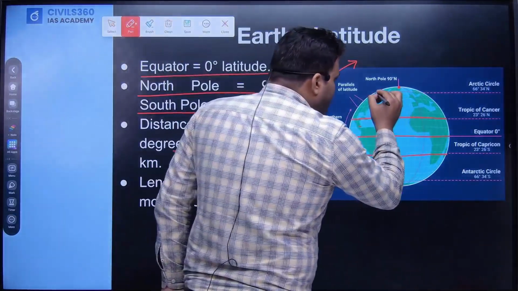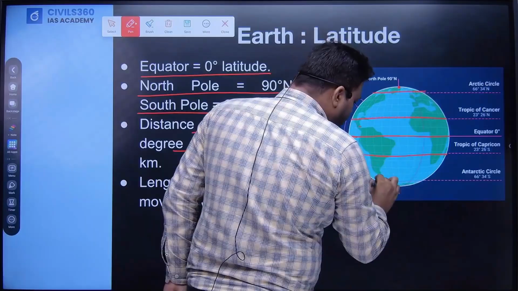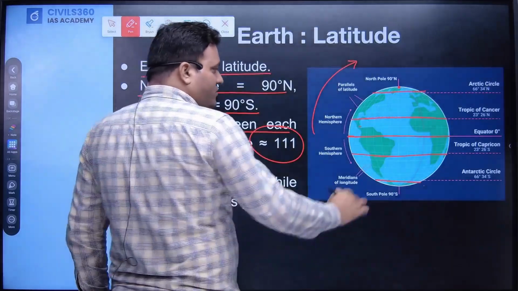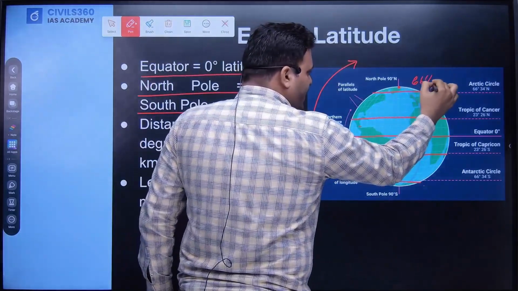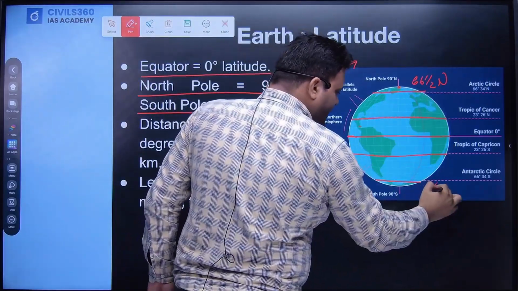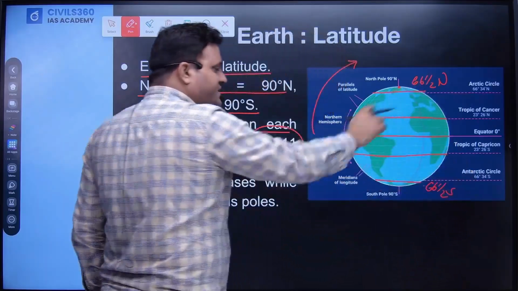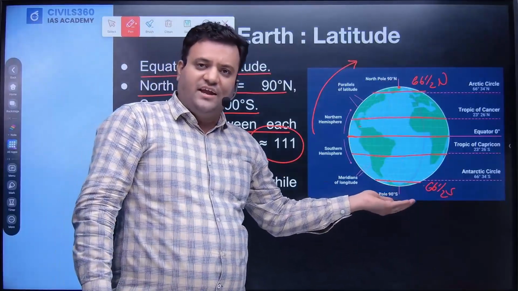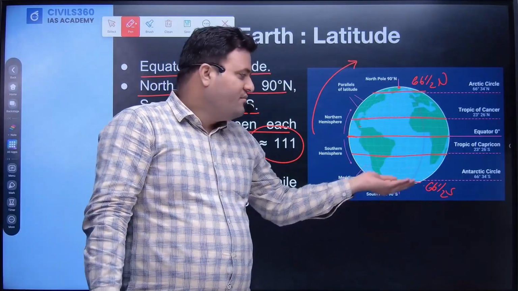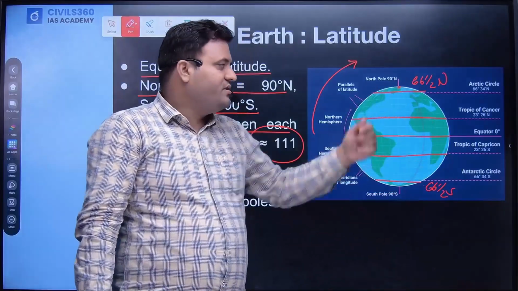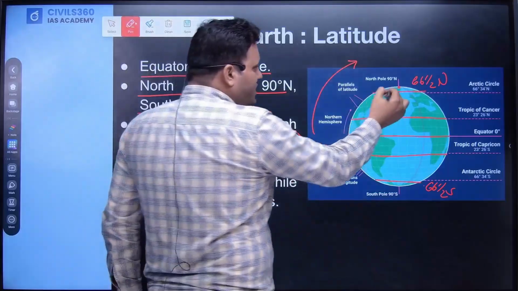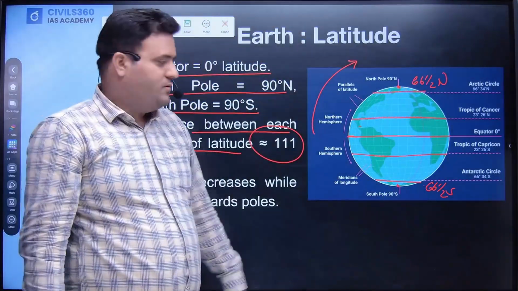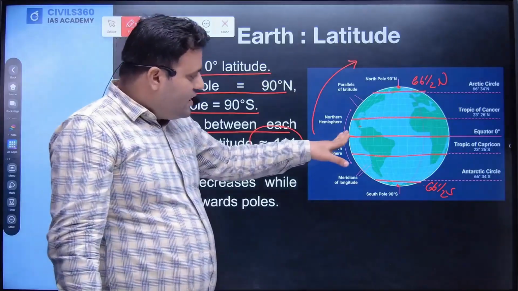Then we have one more important latitude, that is 66.5 north, 66.5 south. They are known as the Arctic Circle and Antarctic Circle respectively. The latitude towards the Antarctic is known as the Antarctic Circle, and that is known as the Arctic Circle. Then we have the poles, 90 degree north pole, 90 degree south pole, and the latitudes which